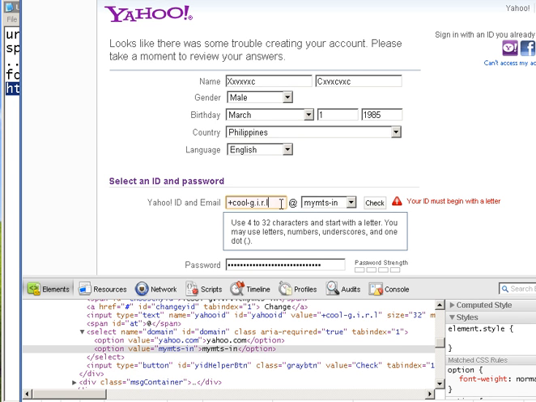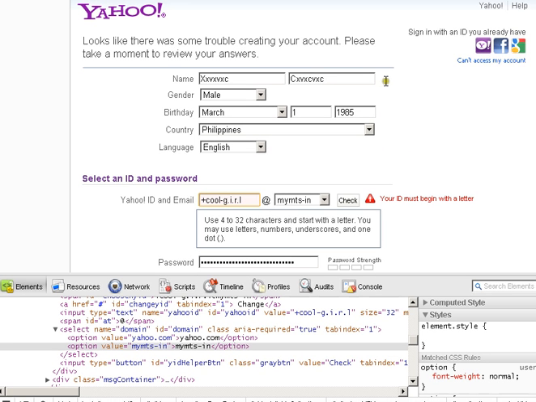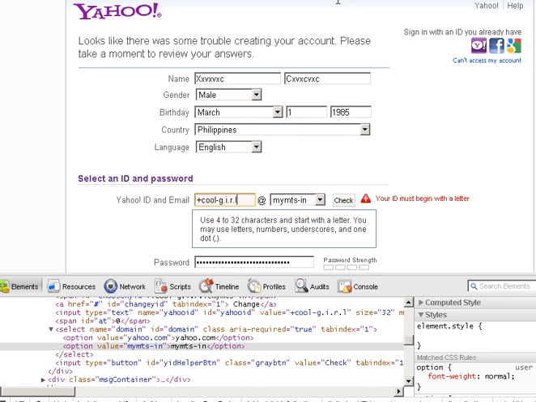Okay, there it goes. Girl. Let's see the dots.